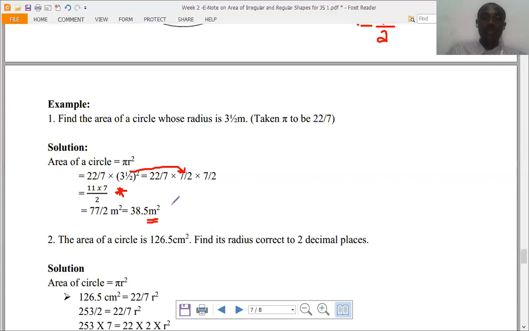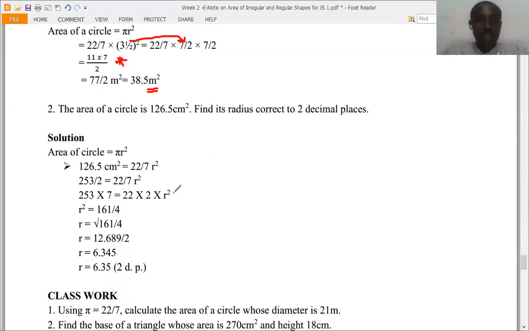And number 2, the area of a circle is 126.5 centimeters squared. Find its radius correct to two decimal places. Solution. So we recall the formula of the circle, pi r squared. And the area is given as 126.5 centimeters squared, equal to pi, which is taken as 22/7, and r is just r squared because it's unknown. Okay. So when you solve for that,